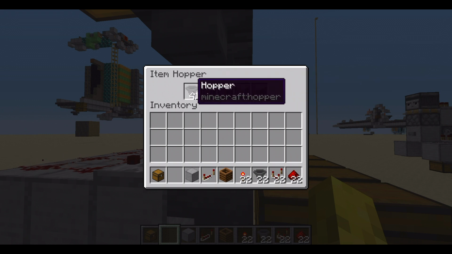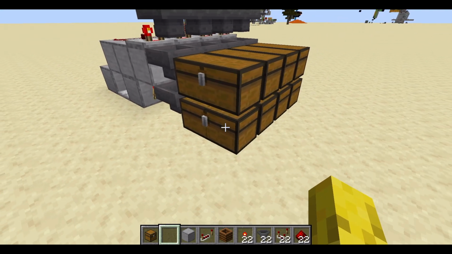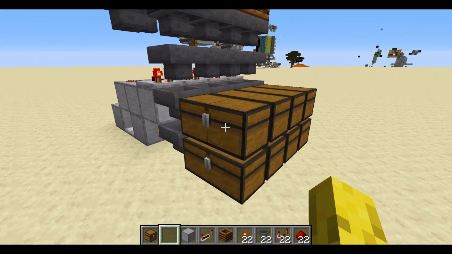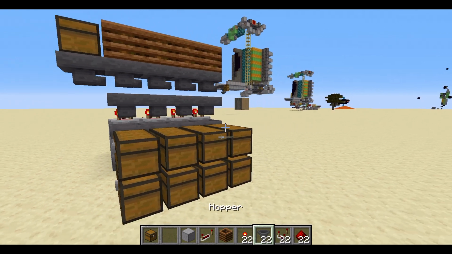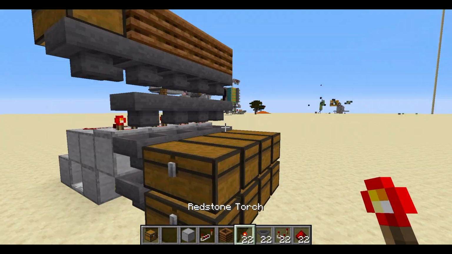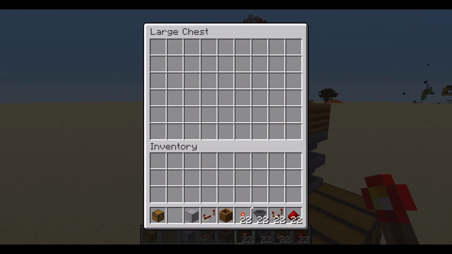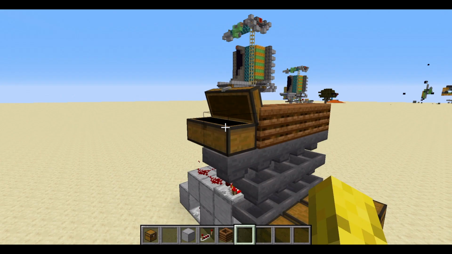And then this is the item you're trying to sort out. If you want hoppers inside this chest, then put 41 hoppers in here. All the items will make it into here and they'll all be sorted. So right here are all the items that should be sorted. I've got a sorter for each one of these. If I put them all in here like that,